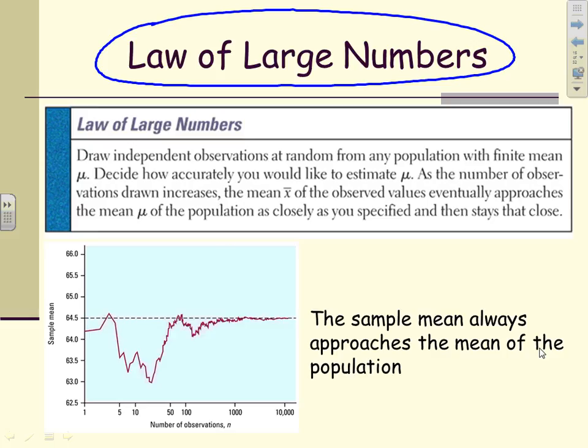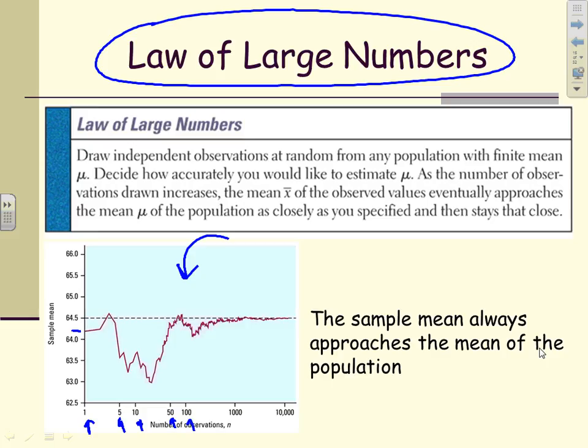If we look at this here, this is kind of out of scale, as you can clearly see. We're starting at 1, then we get to 5, and then it's 10, and all of a sudden, boom, it's 50 and 100 and 1,000, etc. Okay? But the point is, as we look at this, when we have a sample of size 1, we're at, I don't know, maybe 64.2, right? With the true mean represented by this dotted line here at 64.5.